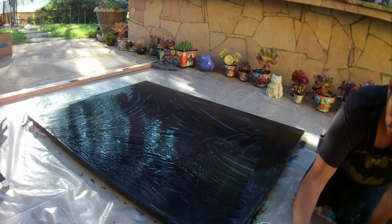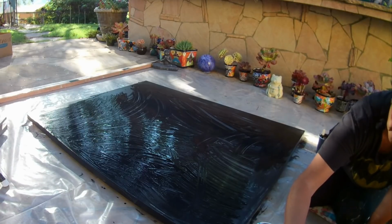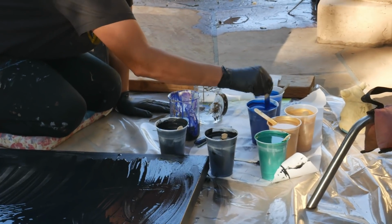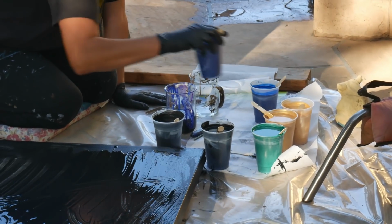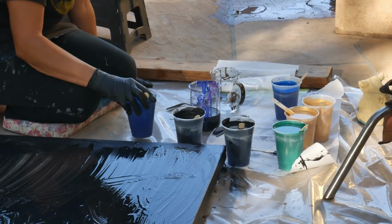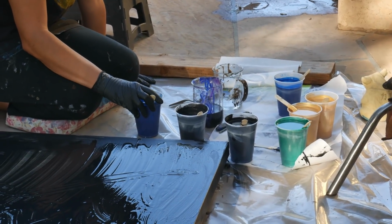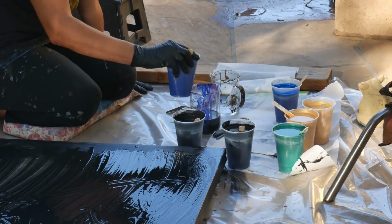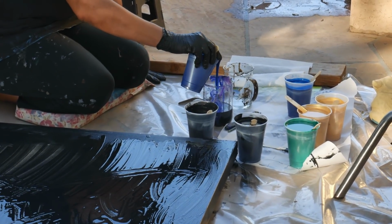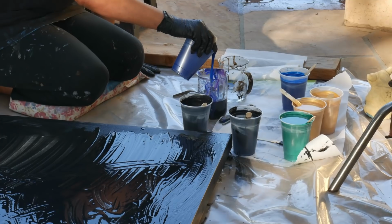Then I'm going to use my blue. This is the Arteza Phthalo Blue. Hello, kitty kitty. We're going to put about 3/4 of a cup. I'm going to go till, now I'm at 8 ounces, till about 12 ounces, 13 ounces, right into the middle,